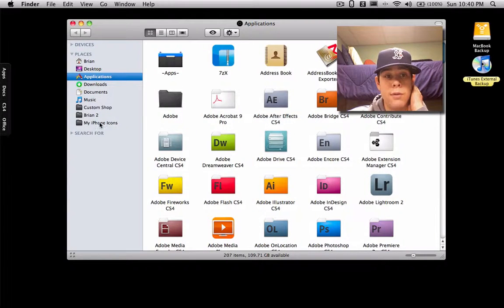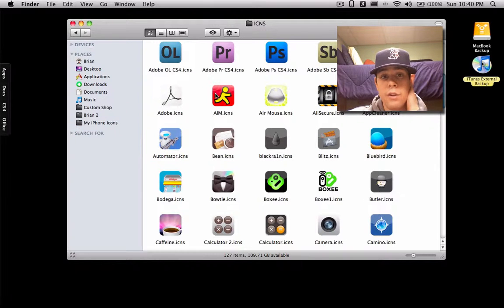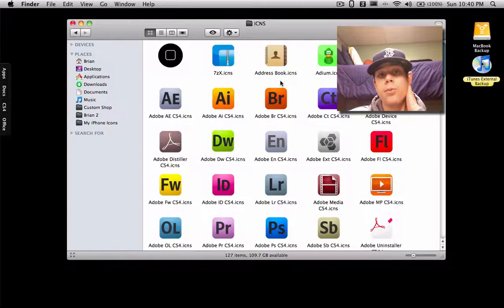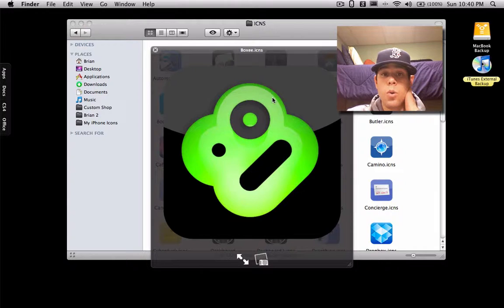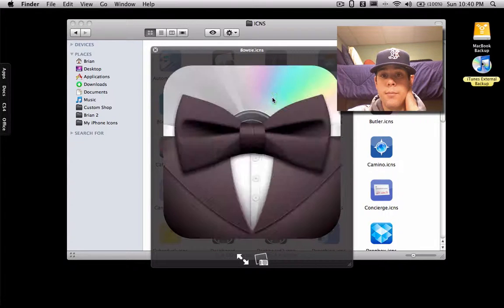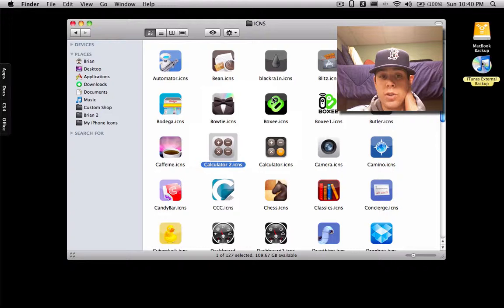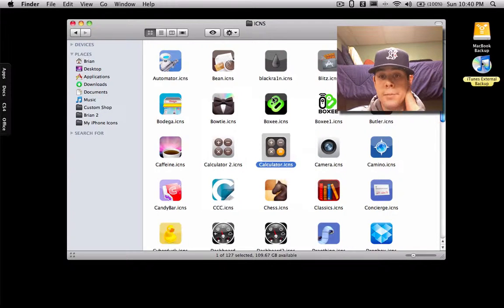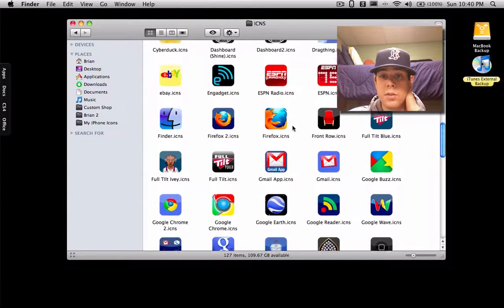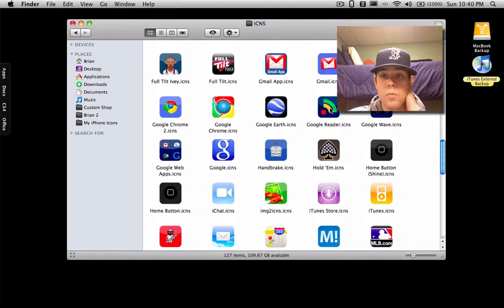like I said, I've been doing it for a while, and I have a list of PNGs and ICNS files, and I have 130 almost. So as you can see, like the Boxy or Bowtie, same size, looks sharp. I do have the Apple authentic images, and I made a bunch as well for other applications, such as Google Reader. But that's besides the point. I think we should get into it, and